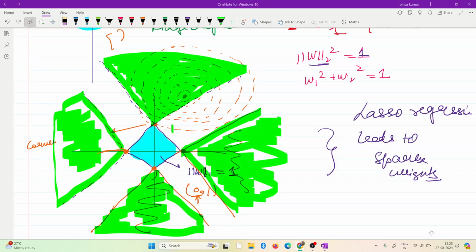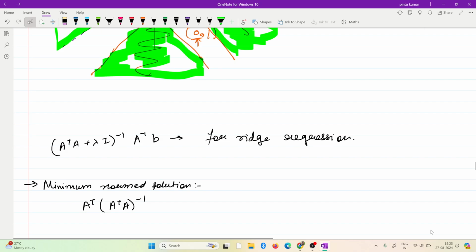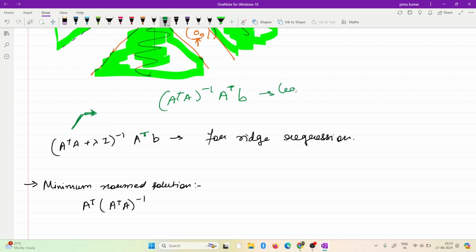Now one more thing. I think this closed form was not in the lecture, but I want to include it because whenever you implement it, it will make your life much easier. So we know that when you try to do linear regression, the least square solution is given by A transpose A inverse, A transpose B, right? This is your least square solution for